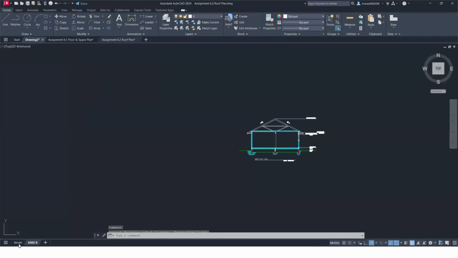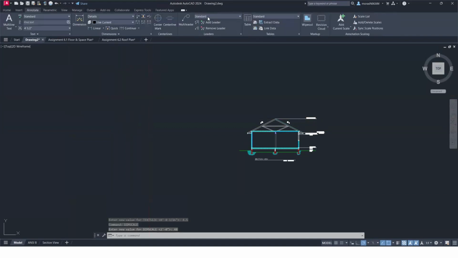But before I copy them over, I'm just going to go ahead and change my text size to 4.5, and I'll change my dim scale to 48. So it's the same as the last two assignments. And then I'm going to create a new multi-leader cell, and I'm going to name it spline. So I'll go here to annotate,